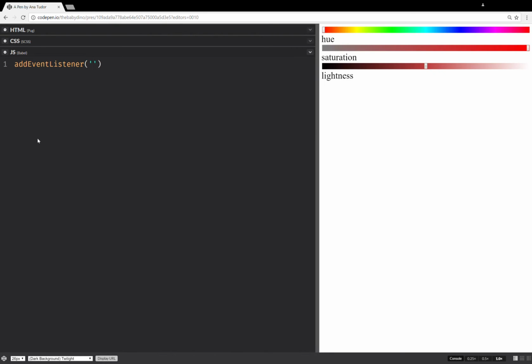Now for a bit of JavaScript, and I promise you this is going to be all of the JavaScript. So on input, I'm going to set a constant, and this constant is going to be the target, the event target. And if this target has an ID and this target ID matches HSL,